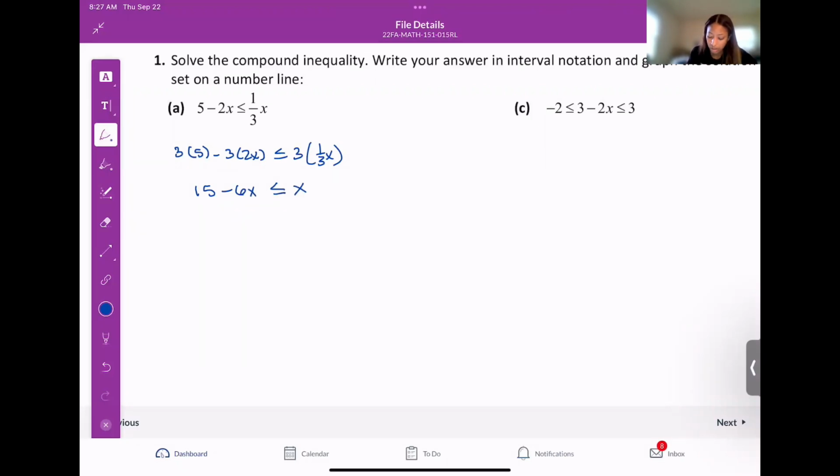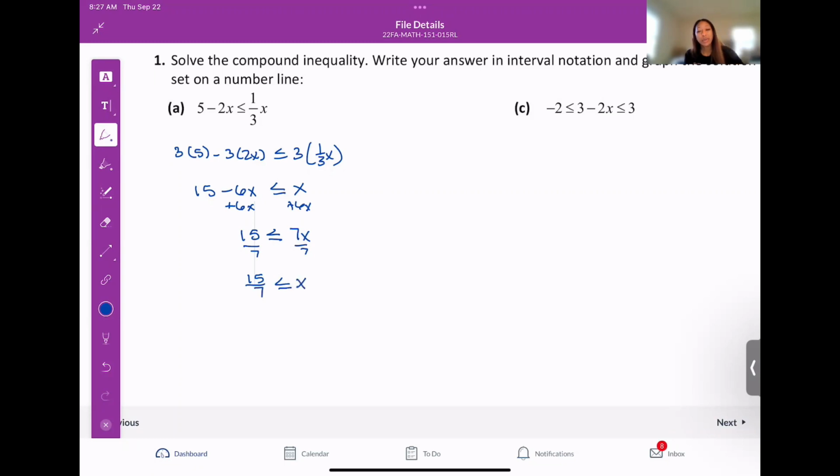All right, then from here, we can move all of the x's to one side, all of the constants to the other. Technically, it doesn't really matter what side you write them on, but usually people find it easier to write your x's on the left and your constants on the right. Doesn't matter though, it's up to you. I'm going to add the 6x to both sides. Yeah, I like the way that looks. Then we have 15 is less than or equal to x plus 6x is 7x. And then finally, if we divide both sides by 7, we get 15 over 7 is less than or equal